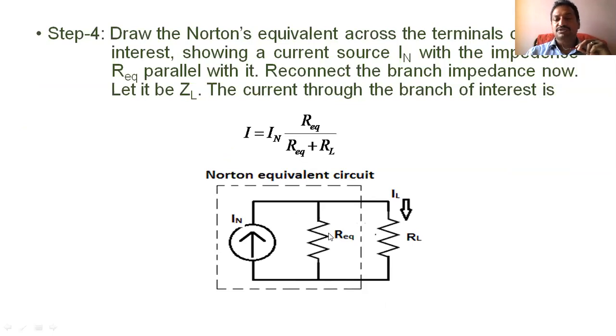So this is about how to evaluate the load current flowing through a particular element if any circuit contains multiple sources and multiple elements of resistances or impedances. We can calculate it by converting the total network into an equivalent network containing two elements, Norton's current and equivalent resistance or Norton's resistance, and then we can calculate the load current.